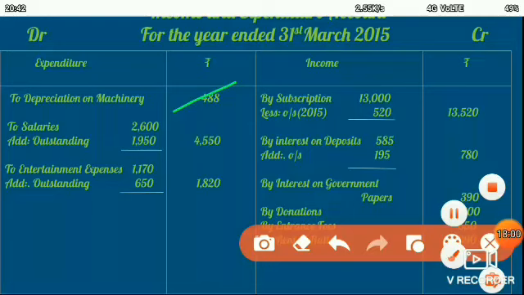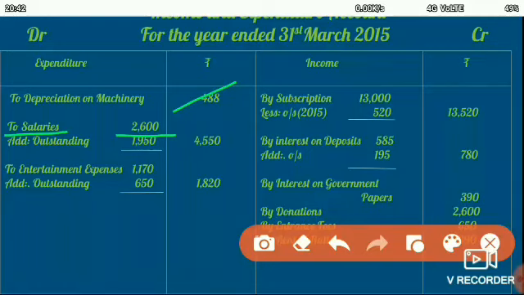So depreciation we have completed. When we write to salaries in the receipts and payments account, it shows 2600 as the payment in cash. So we add the outstanding, how much is not paid, 1950, which actually is the salary for the current year. So our total salary for the current year is 4550. Same with entertainment expenses. To entertainment expenses paid in cash from the receipts and payments account, 1170, out of which 650 is an outstanding for the current year. So our total entertainment expenses is